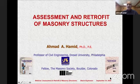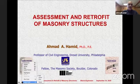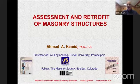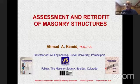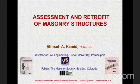parts. I recently have a textbook that's published. Let me see. This textbook here, published actually less than a year ago. My co-author is Mike Schuler, who is a principal of Atkinson, Nolan and Associates in Boulder, Colorado. It's a consulting firm that maybe is the top consulting firm in the U.S. They have done a lot of work all over the world for many years, and I will be glad to highlight some of the technical issues as they pertain to this